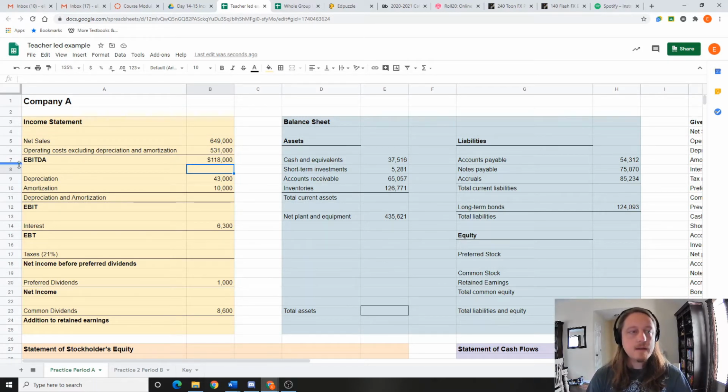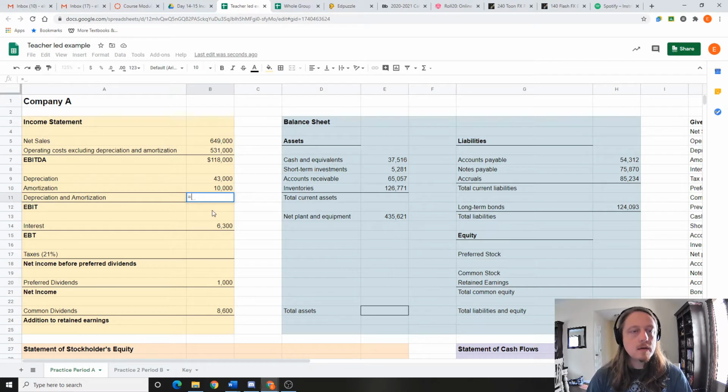Now we're not done yet because this is earnings before interest, taxes, depreciation, and amortization. So we're going to go ahead and take out depreciation and amortization. Again, depreciation: maybe we have a factory and our equipment is depreciating. It's not worth as much, and we're also paying toward our loans for maybe this equipment. So that is going to be coming out of the money that we have available. So this equals,